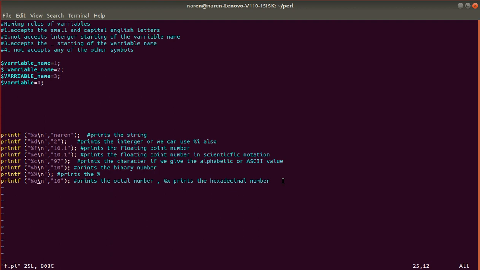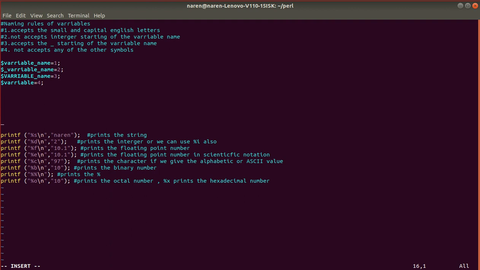After writing a capital letter, small letter or underscore, we can use one or two or three, numbers only. We shouldn't use any symbols. Let me check whether symbols are accepted or not. Let me go to insert mode.